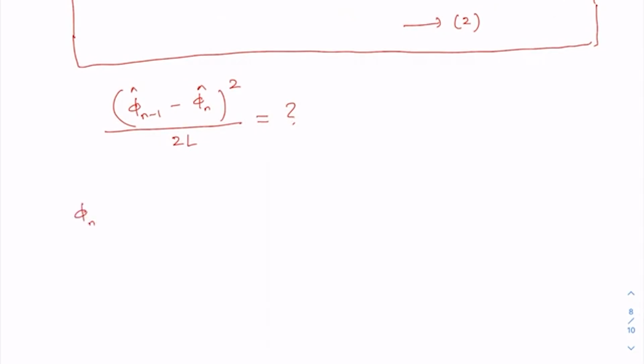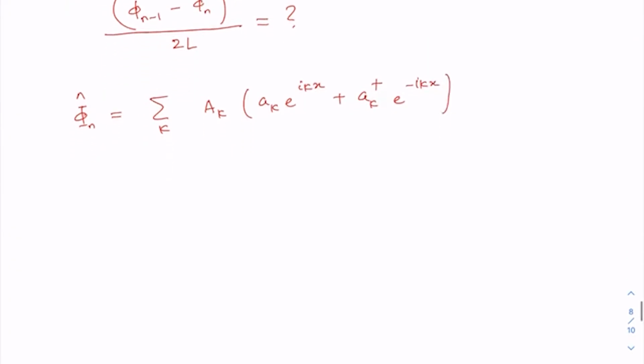Because we have phi l is equal to sum over k ak e to the power I kx plus ak dagger e to the power minus I kx. Okay, so we'll have phi n minus 1. This would be equal to sum over k ak